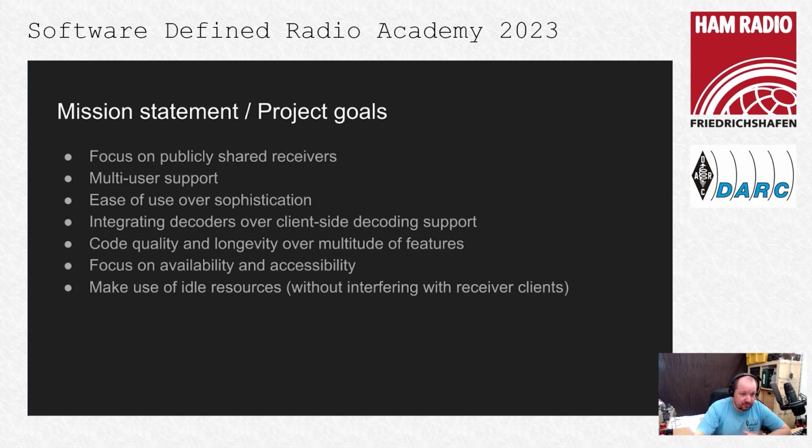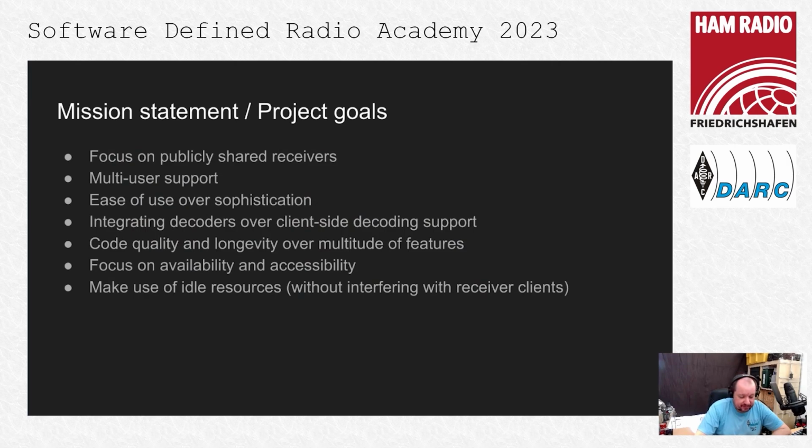Integrating decoders over client-side decoding support. I know many of you are used to simply running a piece of software on your computer and using virtual audio cables to feed audio into it. If it works for you, that's fine.